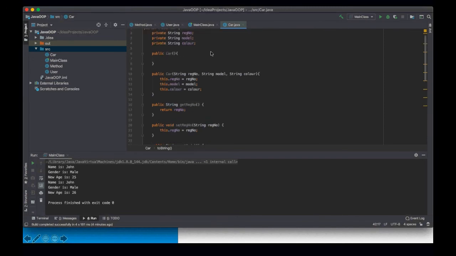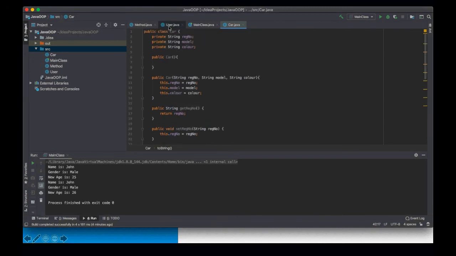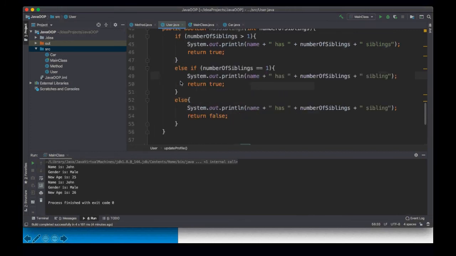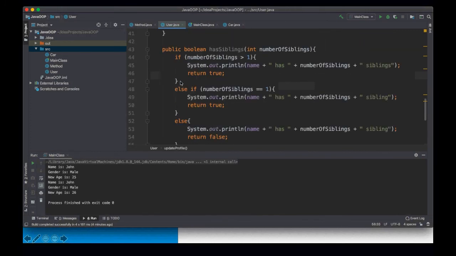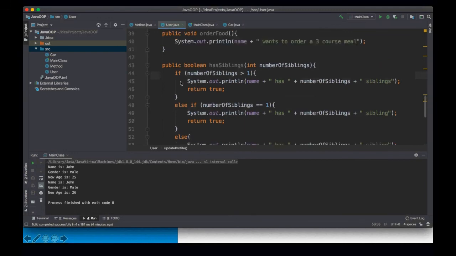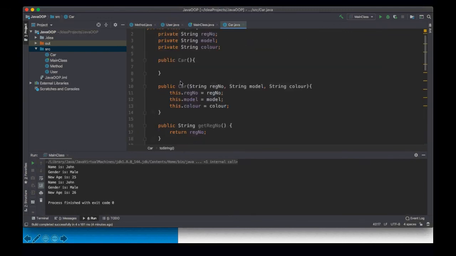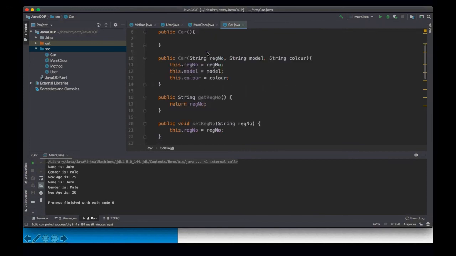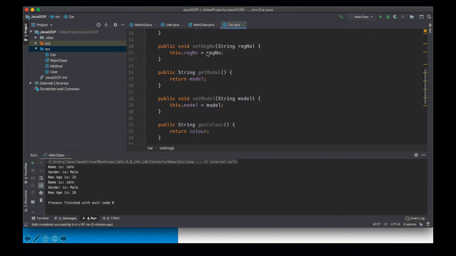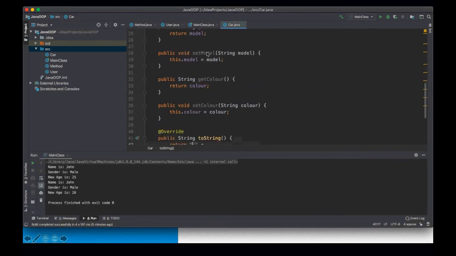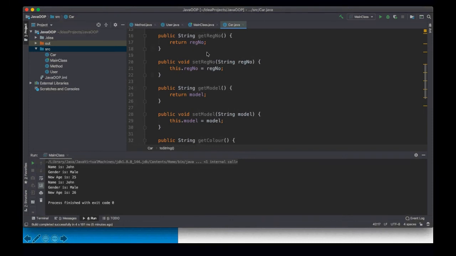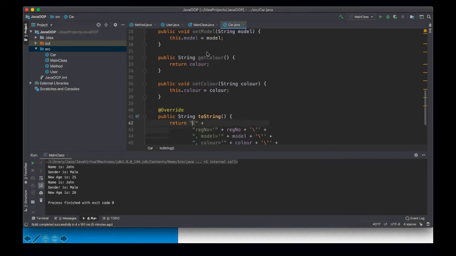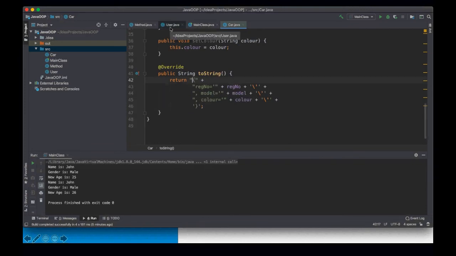Apologies guys, this is our car class. It has 3 variables, 2 constructors, the getters and setters for each of the variables. So get reg number, set reg number, get model, set model, get color, set color. And then it also has a toString, which puts our variables in a string instead of us writing system.out.println all the time. And then we have our user,